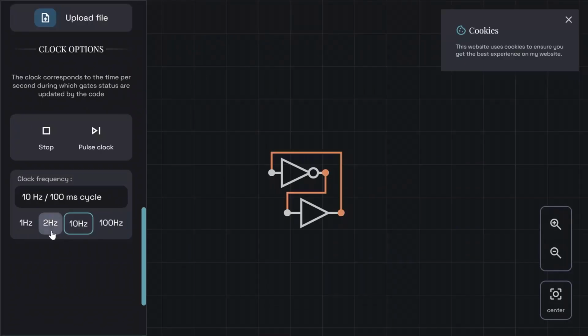Continuing, you might come across the clock options. For every X milliseconds, a function is called and processes the circuit you made. These controls are a way for you to slow down the clock or even stop it to see step by step what is going on.